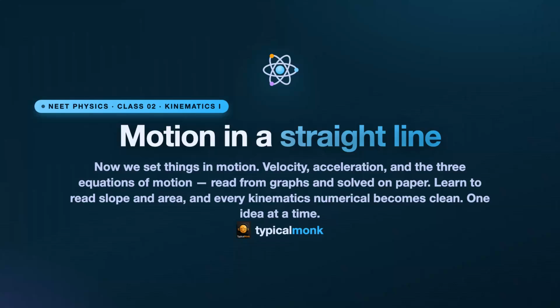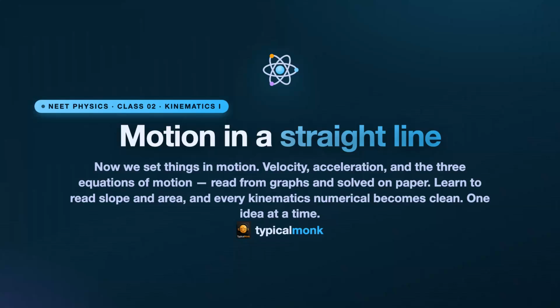Last time, we learned the grammar of measurement: units, dimensions, and errors. Today, that grammar begins to speak because we describe how things move along a straight line. Sit with one gentle truth first. Motion is nothing more than position changing with time. Everything else, velocity, acceleration, the three equations you will come to love, is just a careful way of watching that